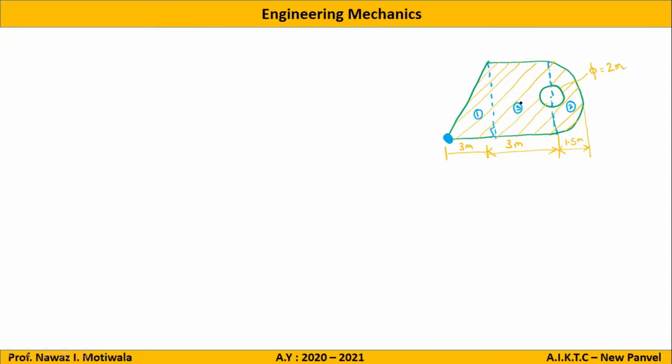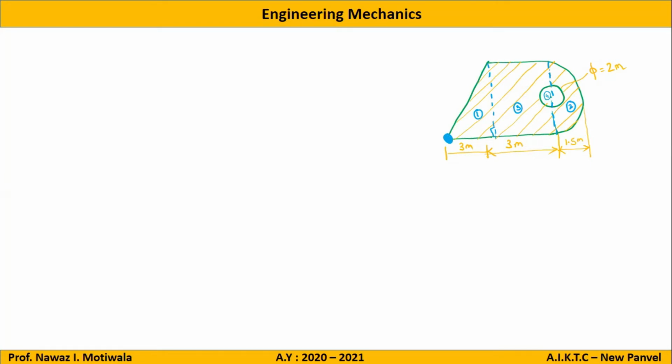So only 3 parts, or is there something more? Small circle, sir. Yes, there is one small circle which is not in the shaded region. So what will we do? Minus. Yes, the area for this circle will be negative. So there are 4 parts here: one is a triangle, one is a semicircle, a rectangle, and a circle. So can you now proceed further with the solution?